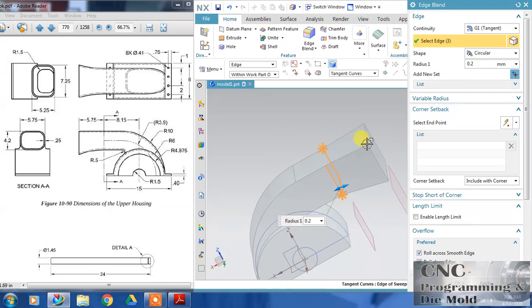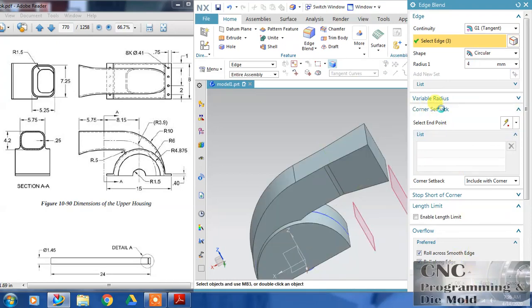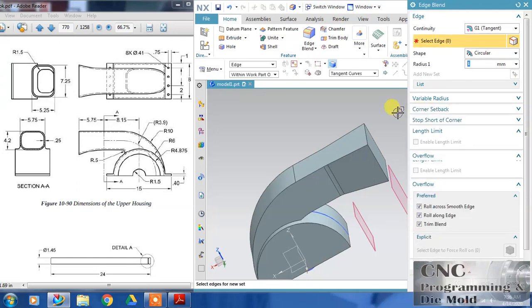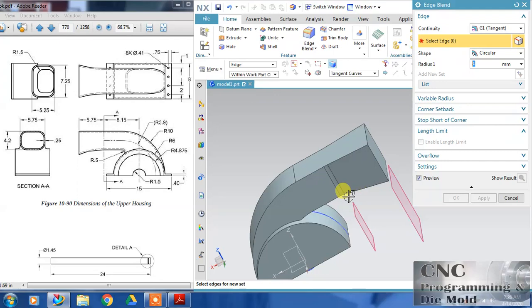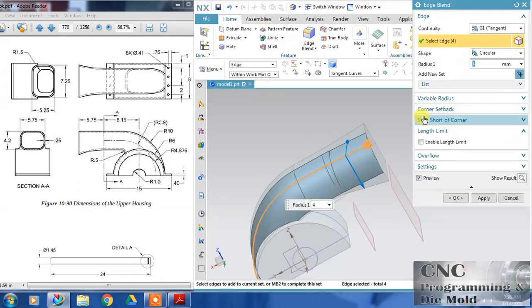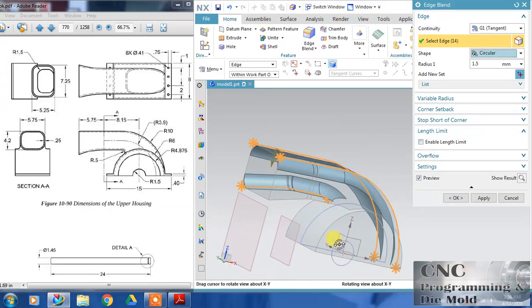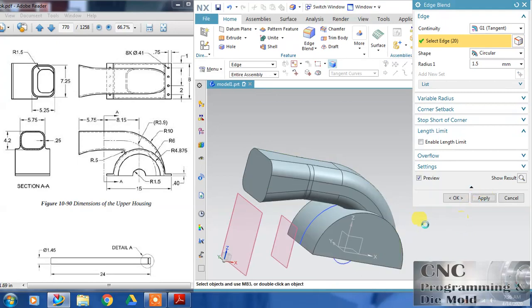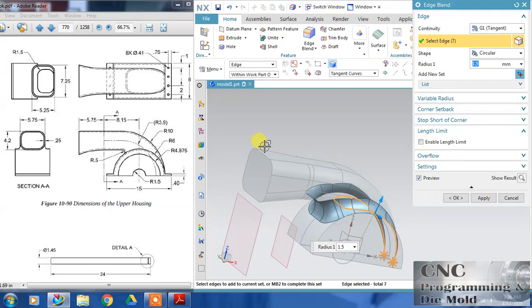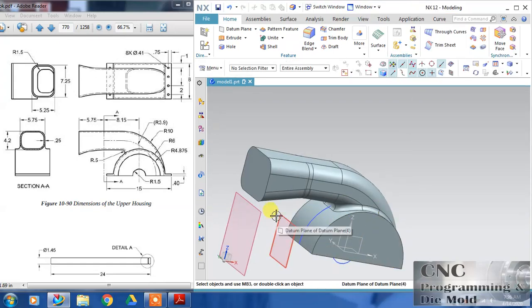Okay. And this dimension is 4, and apply. And now I will click on this edge. This radius is 1.5, and another corner. Apply and click on this edge. This radius is 0.5. I'll click OK. Hide this. So my result